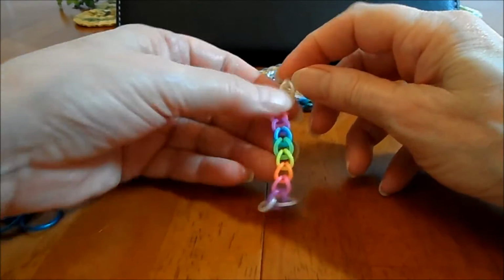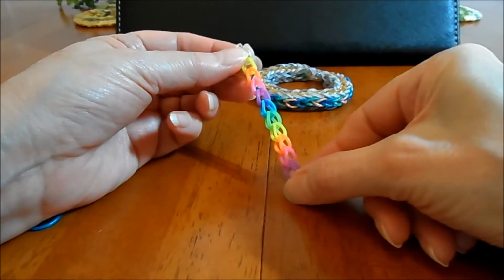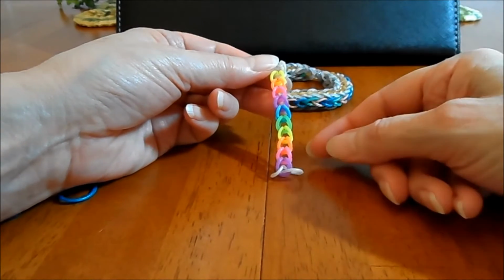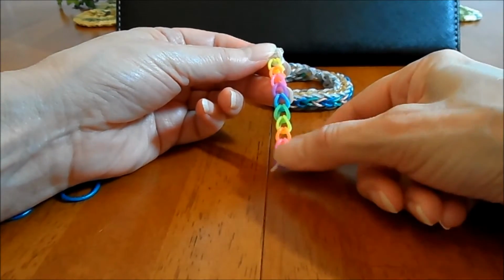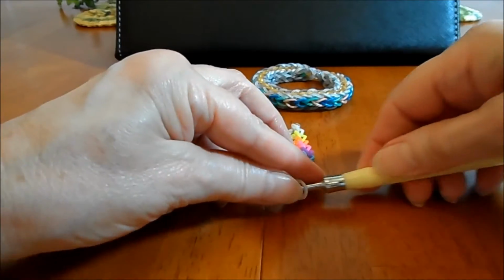Now, to make the chain, the first step is to make a single chain for as long as you want the bracelet. And if I were making a whole bracelet, I would do 31 links in a single chain for my wrist. But this is just going to be 10 links for the tutorial, so I'm not going to go through that. But you get it, put your hook through